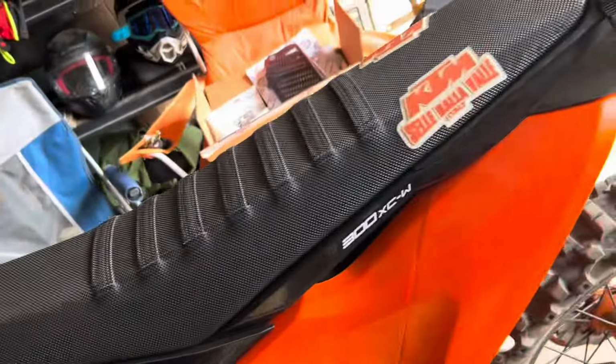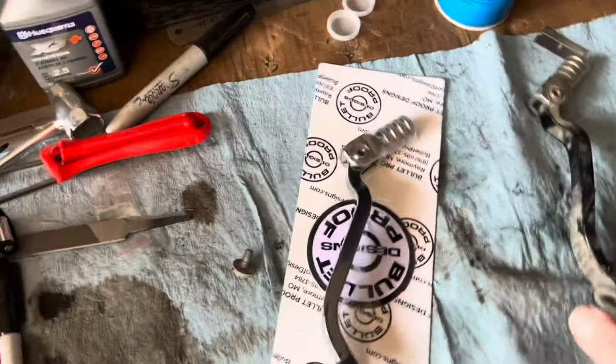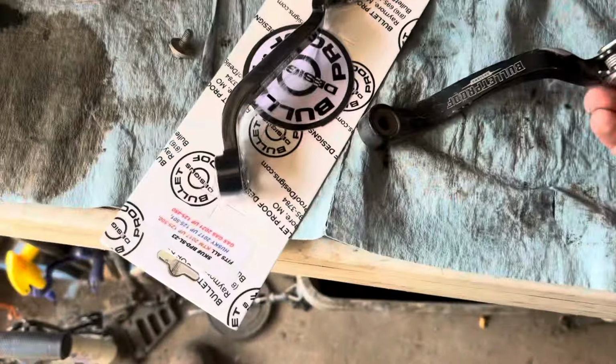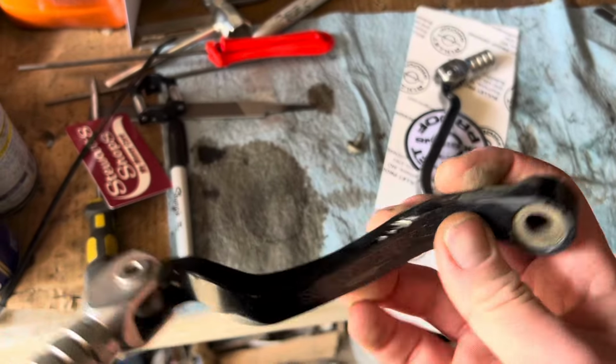All right, we're going to get to installing this stuff here in just a minute. Yeah, let's just do it. Let's dive right in. All right, so I'm going to swap the shifter first. Yeah, so this is the one that came off. It chewed up on the...